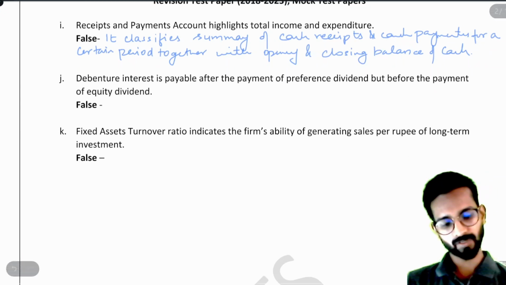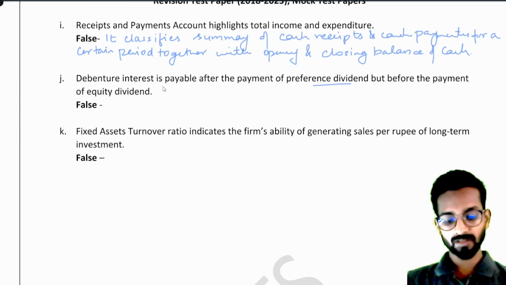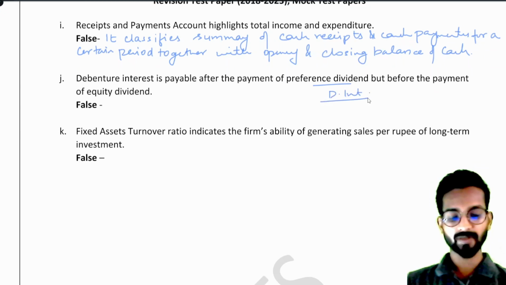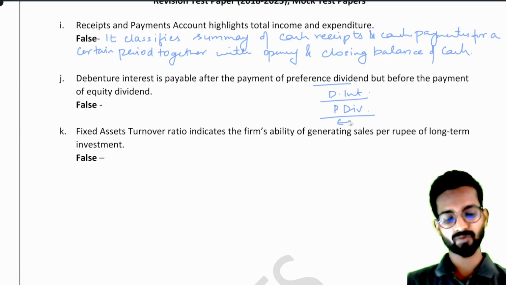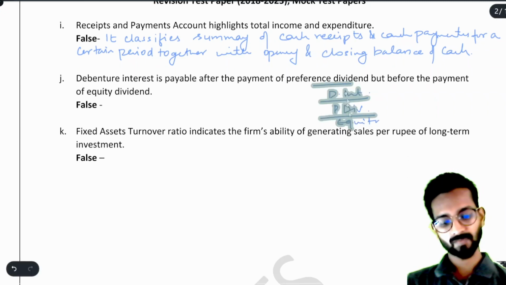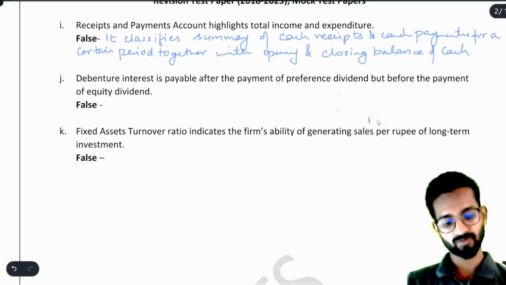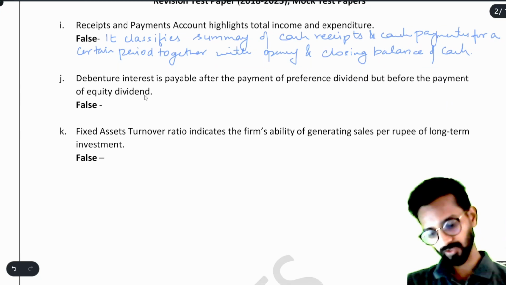Now, debenture interest is payable after the payment of preference dividend, but before the payment of equity dividend. Absolutely wrong. See, the first preference will be to pay debenture interest, okay? After debenture interest, you will pay preference dividend. After preference dividend, if there is anything left, then you will write equity dividend, okay? Always remember this. The first preference will be debenture interest only. So the statement is false, and you will write here